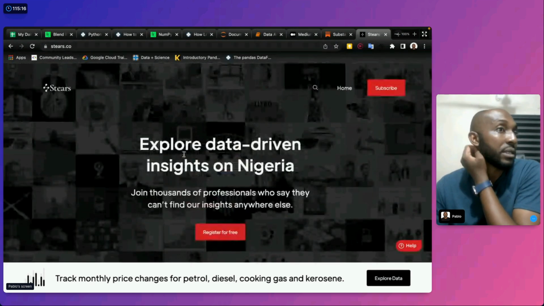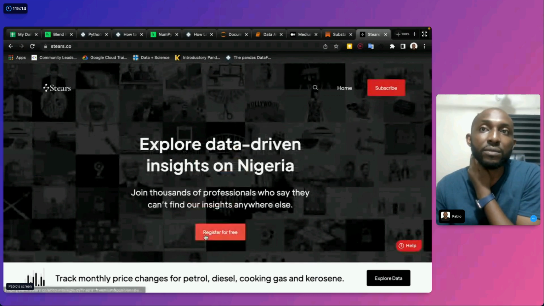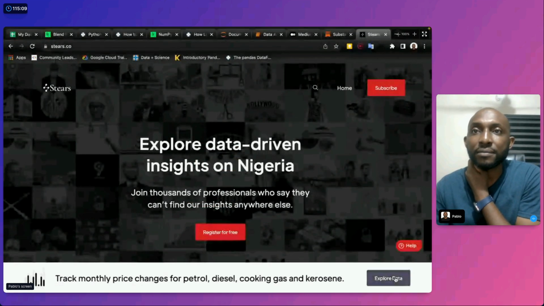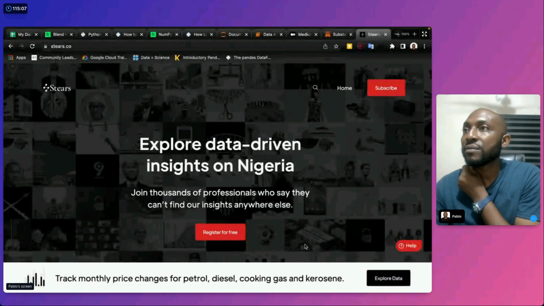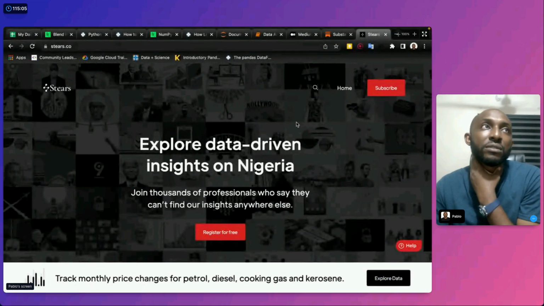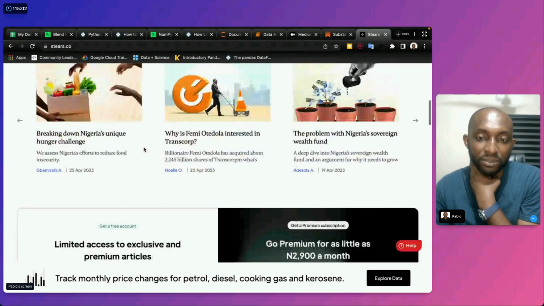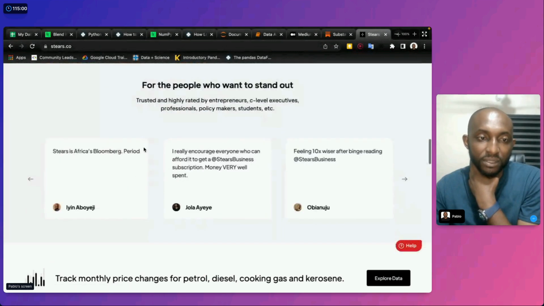I think they have really, like see this, the track monthly price changes. Like these things are really cool stuff. Again, you mustn't pay for it, but I think it's a very cool place.